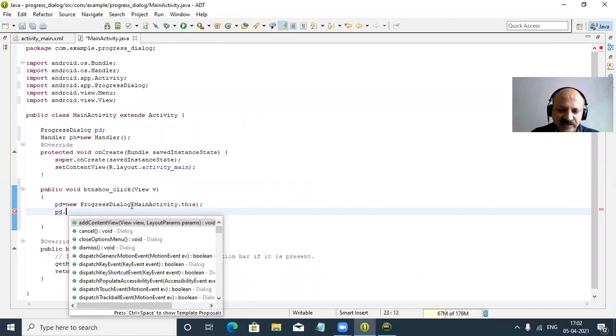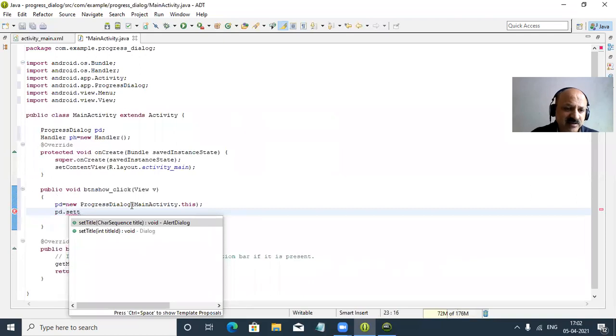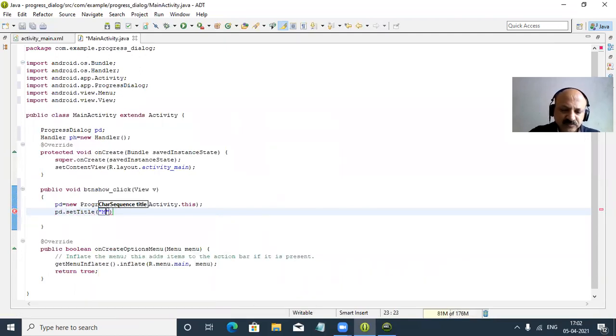And now we can assign some inbuilt methods, that is setTitle. Same as in the alert dialog box, we have to set the title and message, all that. So now we can say here "my progress dialog", that type of title.